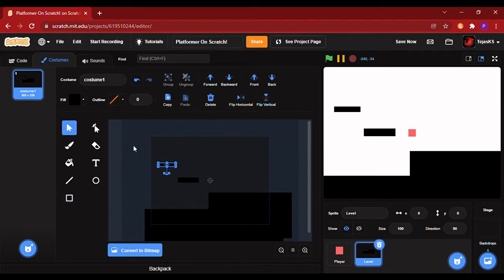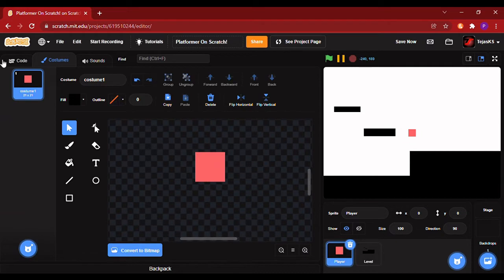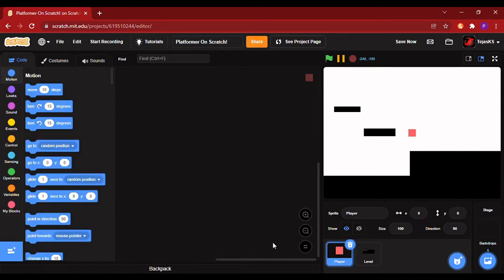So I made a very simple level. You can make more. I will be using only this right now. Okay, the size of our player is also fine.